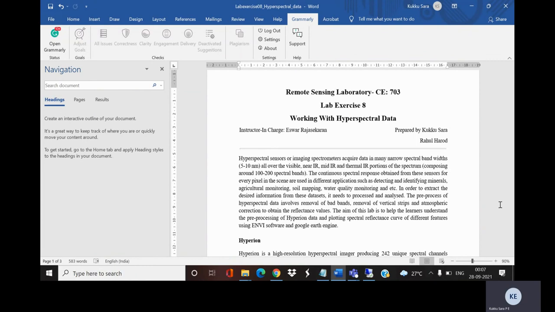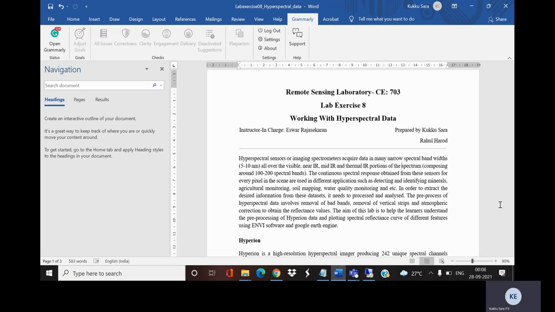So as you all know, hyperspectral imageries from hyperspectral sensors have a large number of spectral bands, each having a very narrow bandwidth of 5 to 10 nanometer, whereas multispectral imageries have very few bands, each having a very large bandwidth.